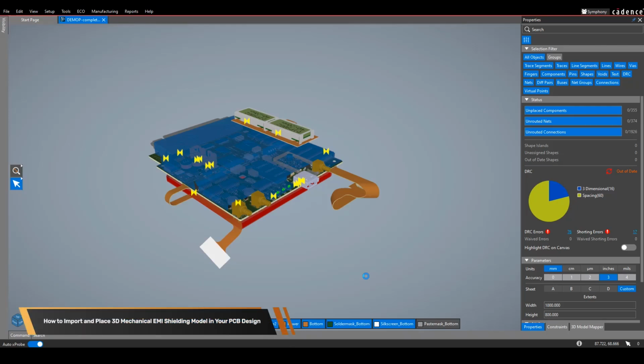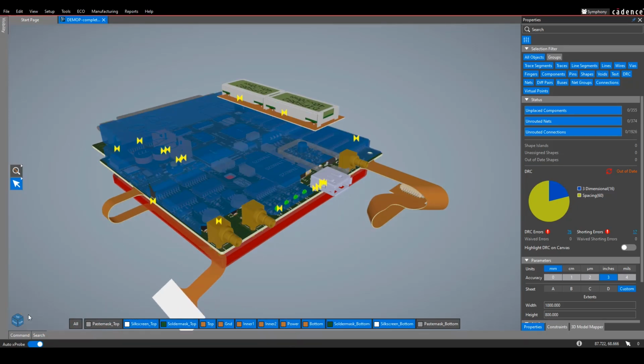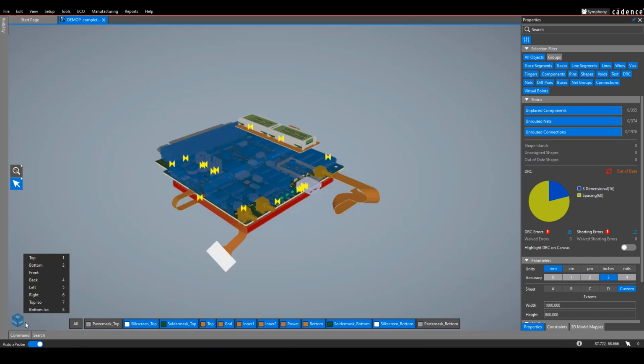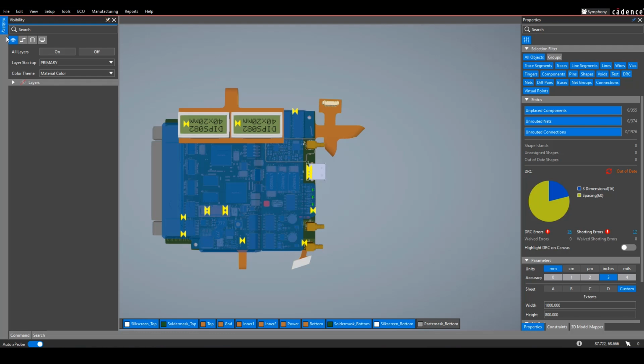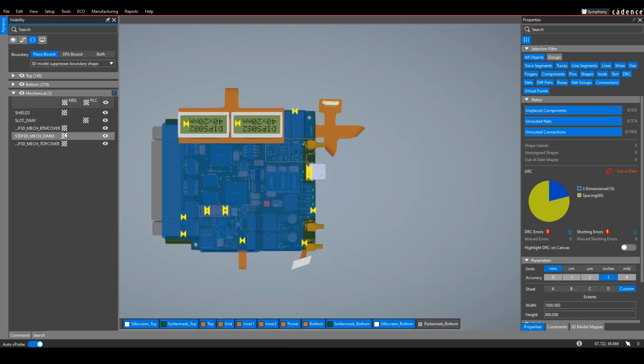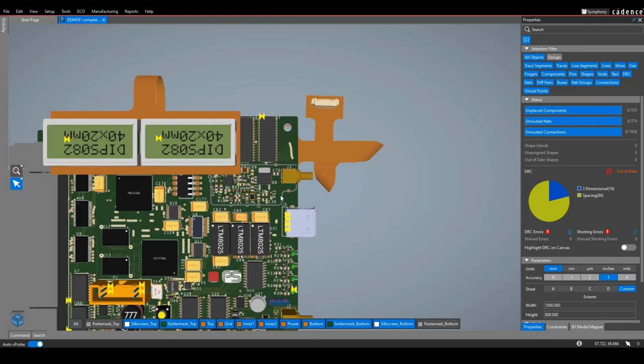EMI shielding is often used in PCBs in medical, communication, and military fields. EMI shields are often used in the input, output, or amplifier stages, as these sections of your circuitry and product are more vulnerable to EMI. In EMI shielding, critical circuits are covered using some sort of metal shield that protects from the radiation and absorption